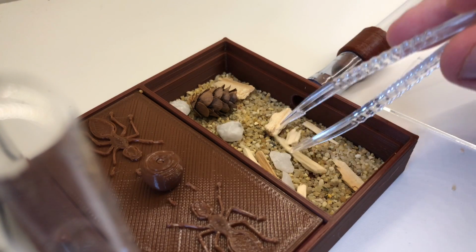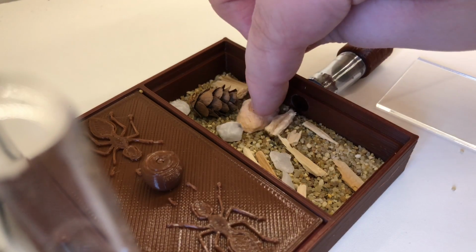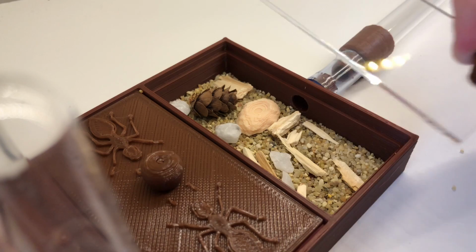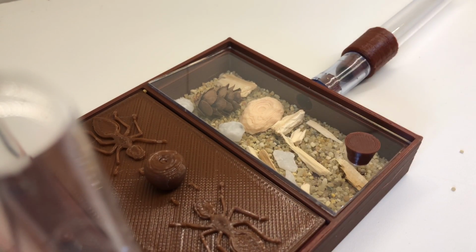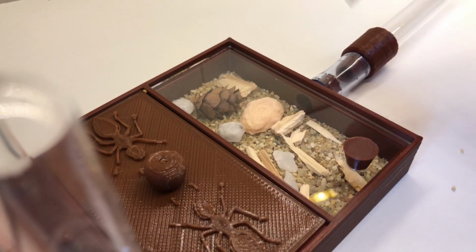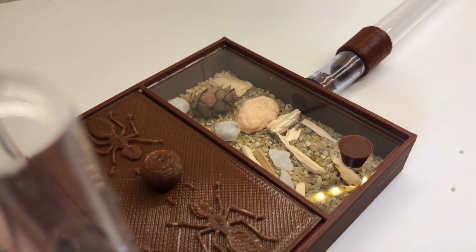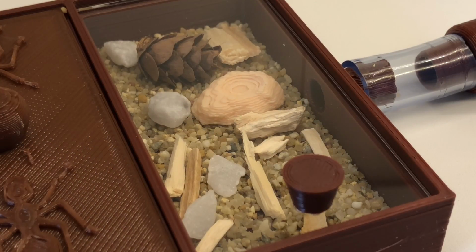And they include this really good 3D printed starter dish. And you can get these separately in different sizes on their website. And it is by far some of the best ant dishes that I've seen around, if you want something to look a bit more natural, and you could probably just pop them in your dishwasher. So as you see how I attached the lid, I found the best way to not put fingerprints all over it was just use your included